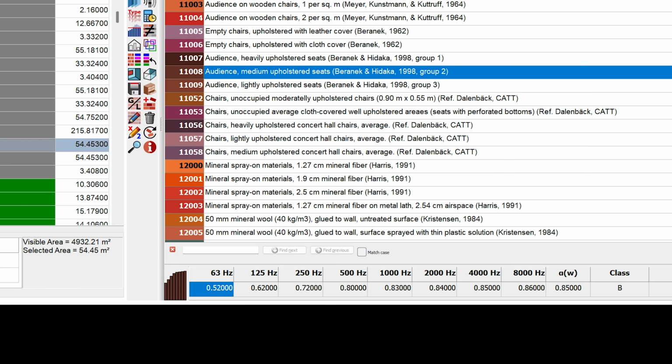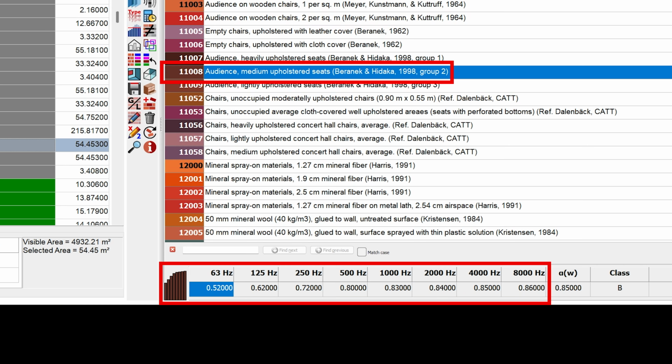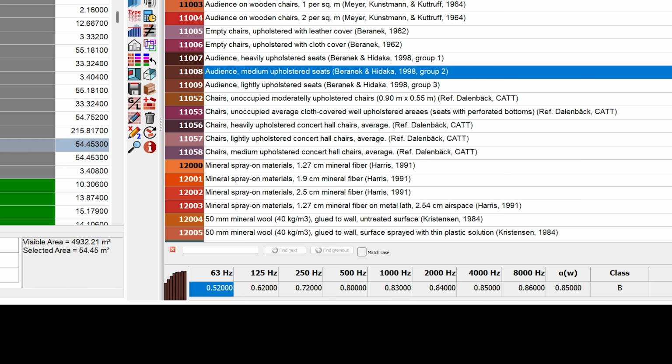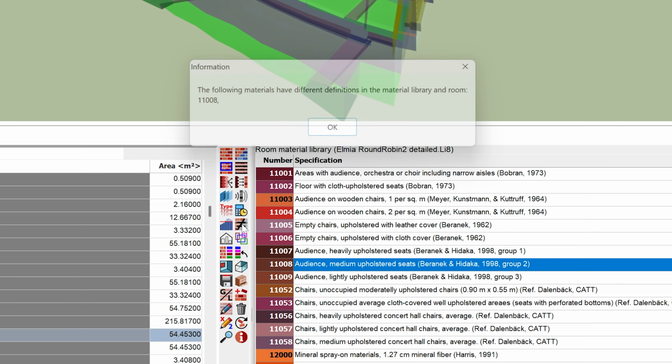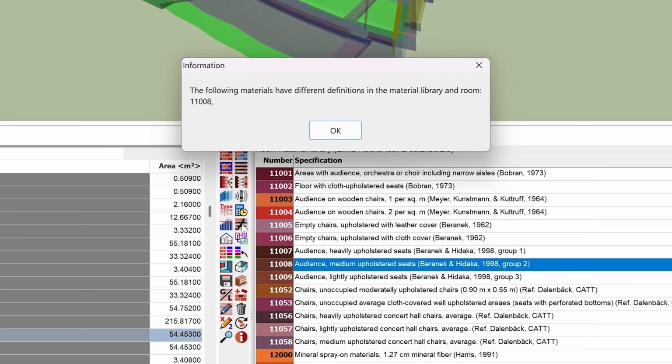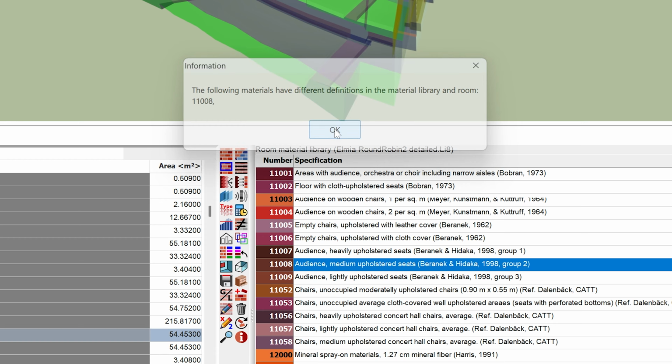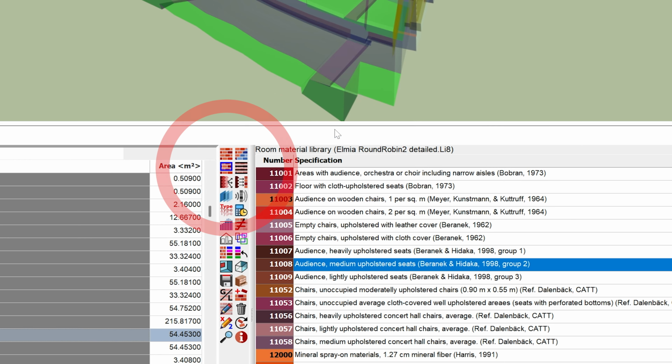But it will not update the material in the material library. You can check for differences between the materials in your surfaces and the materials in the library with this button. Here, I will reapply the material to the whole layer, so that the material in the library and the material in the surfaces are again in agreement.